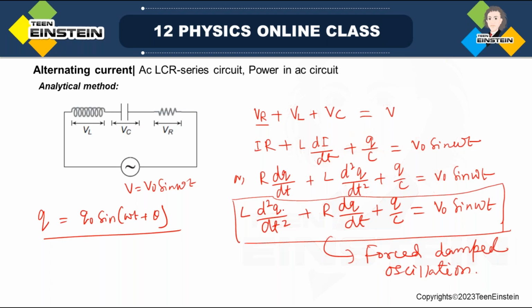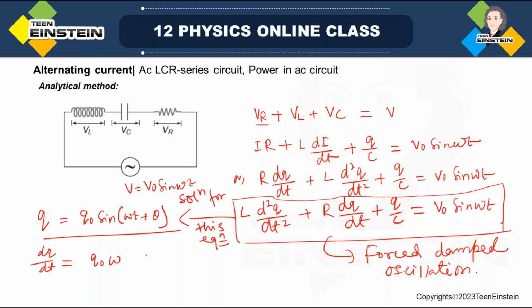Let us say the solution for this equation is this, I'm just supposing. Now what I'll do, I'll take the first derivative and the double derivative. So dq dt will give you